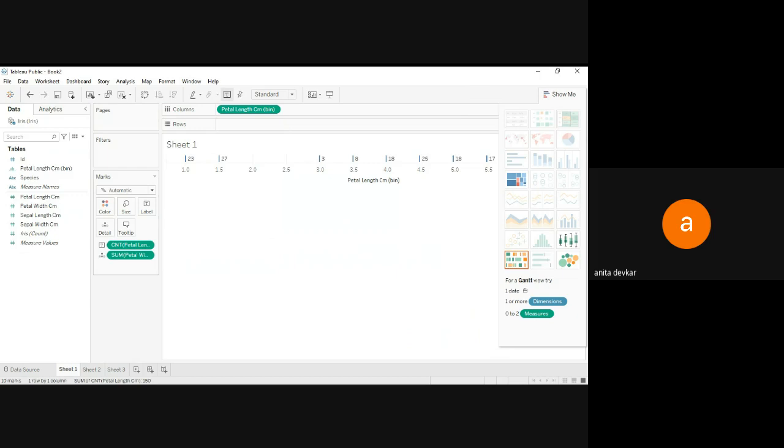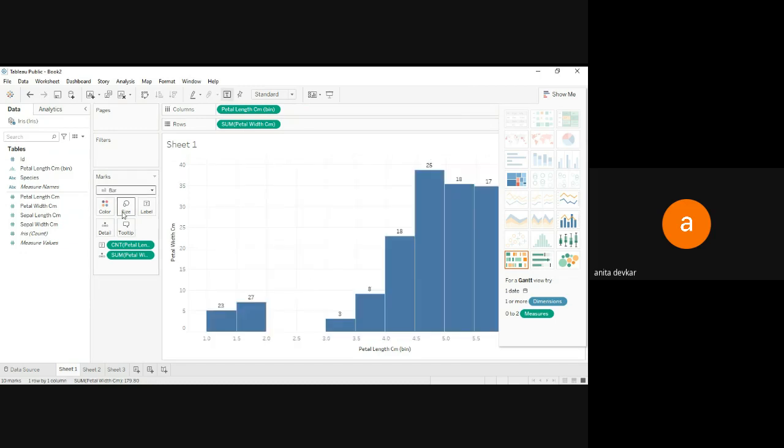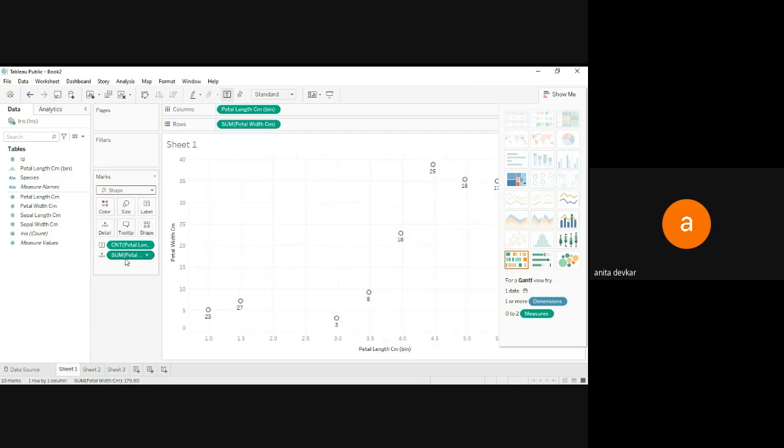Suppose I want to create this circle type visualization, and if you want to create the bar type of visualization, or this type of visualization, suppose I want the shape and this filled shape, you can create the visualization depending on that.